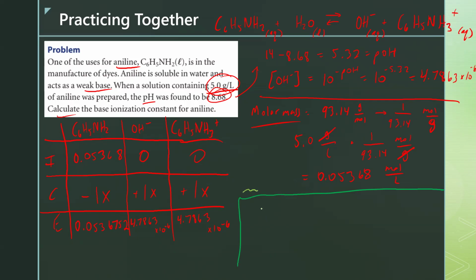We want to find our KB expression. After all this work, we're finally knocking on the door of it here. The KB expression here is going to be our two products multiplied together. So OH negative times the C6H5NH3 positive, over our reactant of